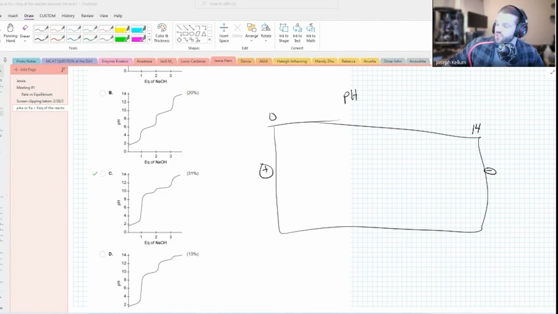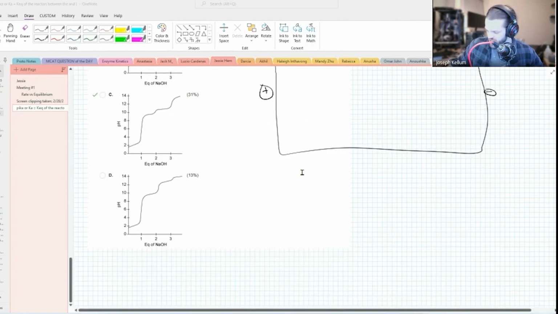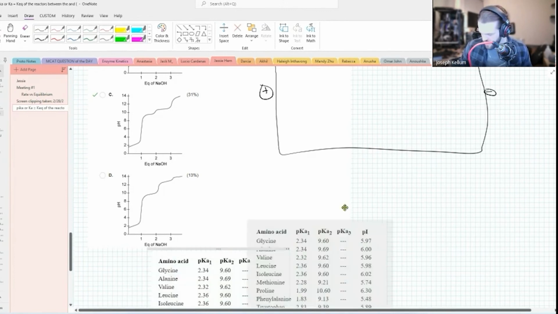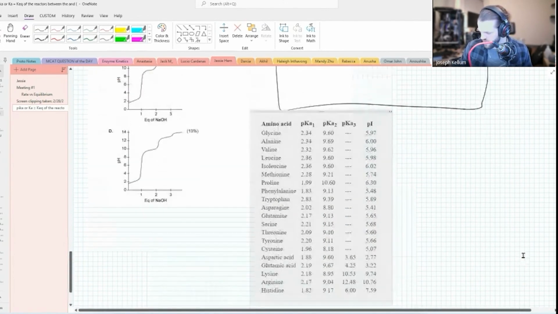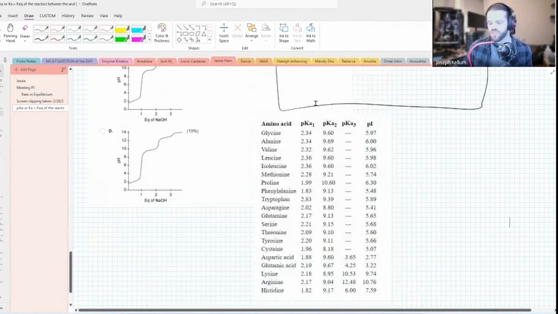Well, no. So you just need to know the pI, but I was just telling you how to find the pI, because then you could reverse engineer it if you needed to. So here's a table with all of it. Nice, thank you. No problem. So since you'll know the pI going in, then you can calculate